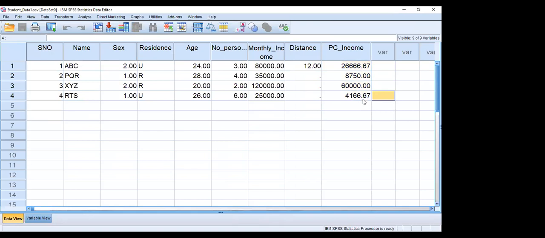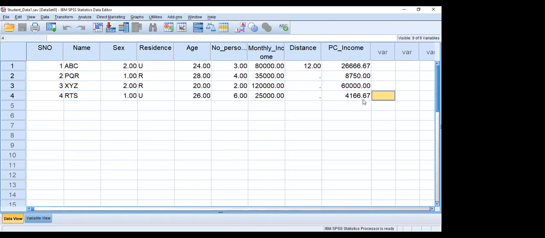Suppose, based on this per capita income, you want to classify these households: those whose monthly income is less than 10,000, we want to classify as low standard of living. Those whose household income is more than 10,000, we want to classify as high standard of living.